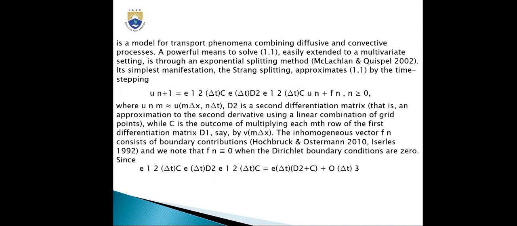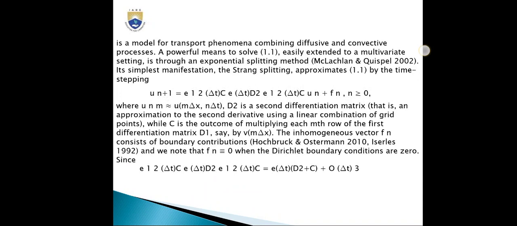A powerful means to solve 1.1, easily extended to a multivariate setting, is through an exponential splitting method, McLachlan and Quispel 2002. Its simplest manifestation, the Strang splitting, approximates 1.1 by the time stepping u^{n+1} = e^{½Δt C} e^{Δt D2} e^{½Δt C} u^n + F^n, where n ≥ 0, where u_m^n approximates